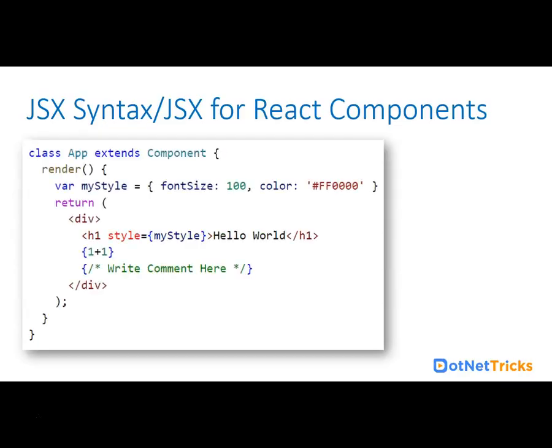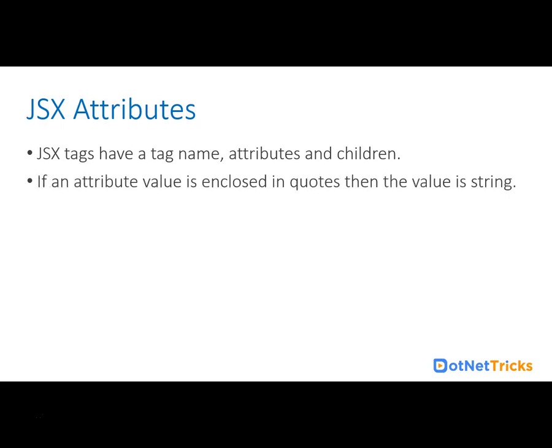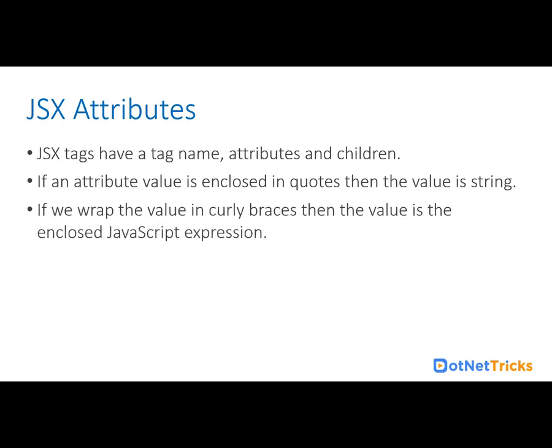We further have some rules to use or write the JSX. Next we have JSX attributes. In JSX attributes, we use the tags which have a tag name, attribute and their children. If an attribute value is enclosed in quotes, then the value is a string. But if we wrap the value in curly braces, then the value is evaluated as a JavaScript expression